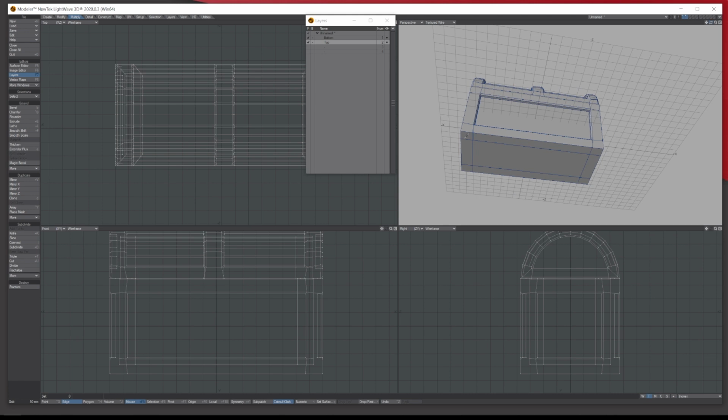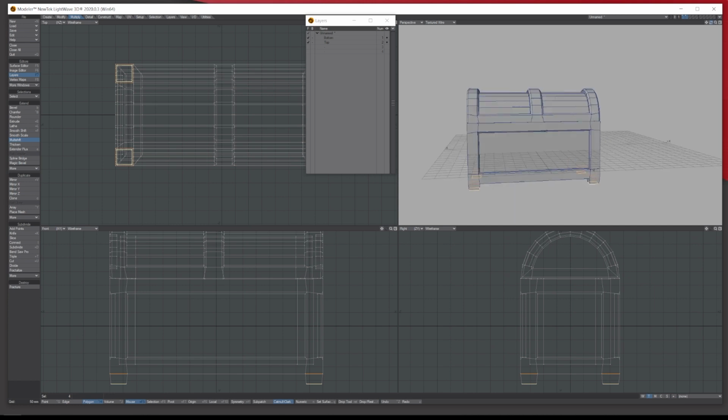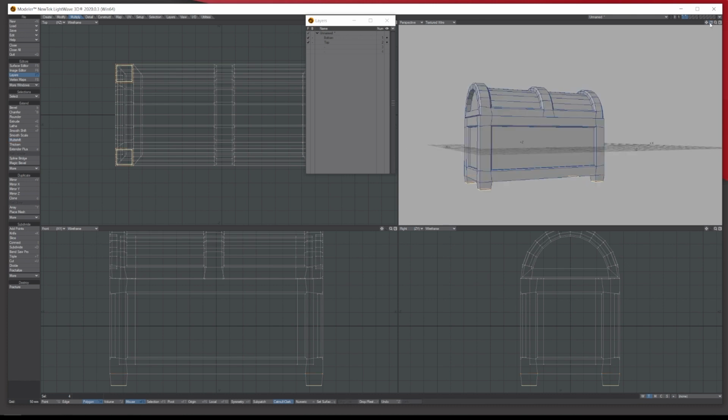Let's add some feet. So let's make sure we're on polygons, and let's select these four polys here. Look, and what I'm going to do is bring them down. I'm going to use the multi-shift, and I'm going to bring them down and bring them in. So we're going to bring them in a little bit, so they're not perfectly straight, and it's up to you. I don't know how far. That'll do. So let's bring them down. So we've got them like that. Look, spacebar / to drop.